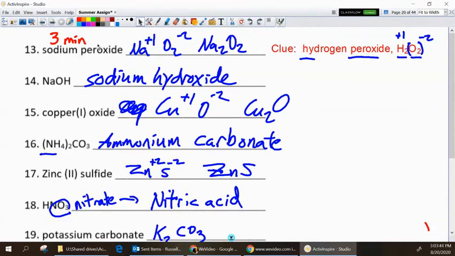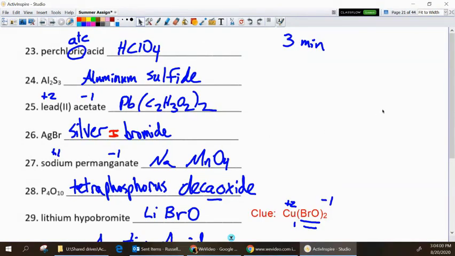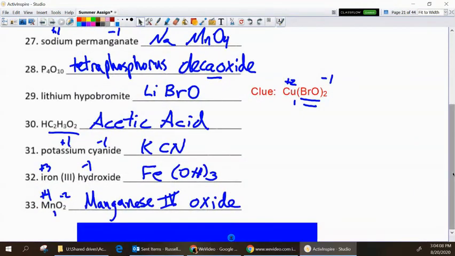13 through 18 showing up pretty nicely there. Pause the video, check your answers. 19 through 21 showing up easily. Pause your video, check your answers. And 23 through 28, pause, check, and we're back. 29 through 33, pause, check,